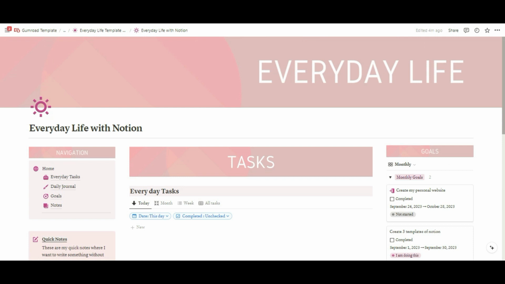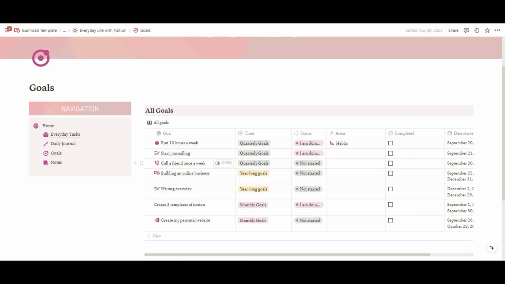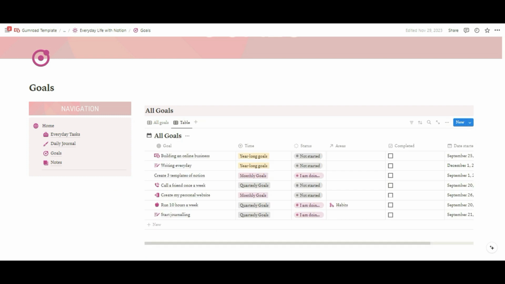We also have created a monthly goals section in this template. I have created a board form in here. There's a deadline, completed, and a status of all of these goals. If you go to the goals section, we have all goals written here. But let's just say I want all of these goals based on the timeline in the form of quarterly, yearly, and monthly. What I have to do is simply go to the table view,